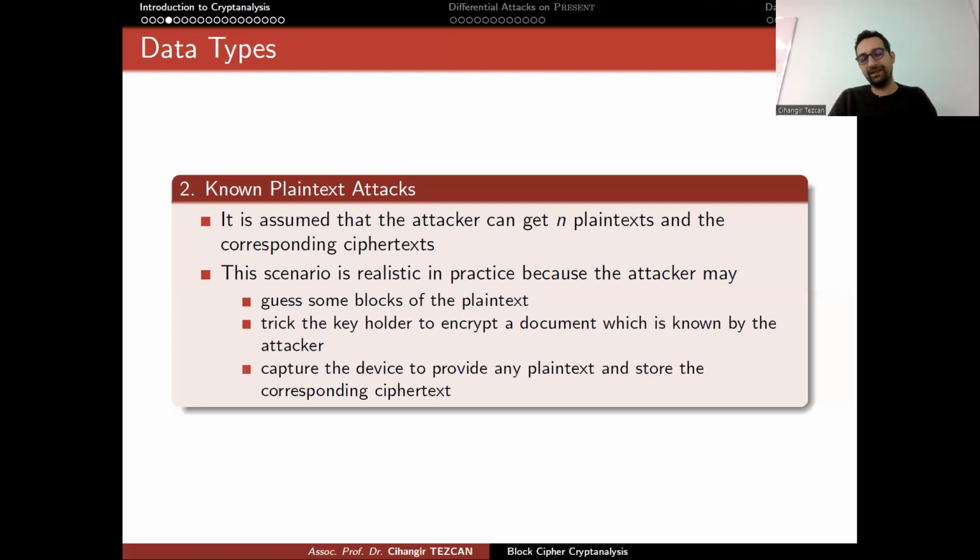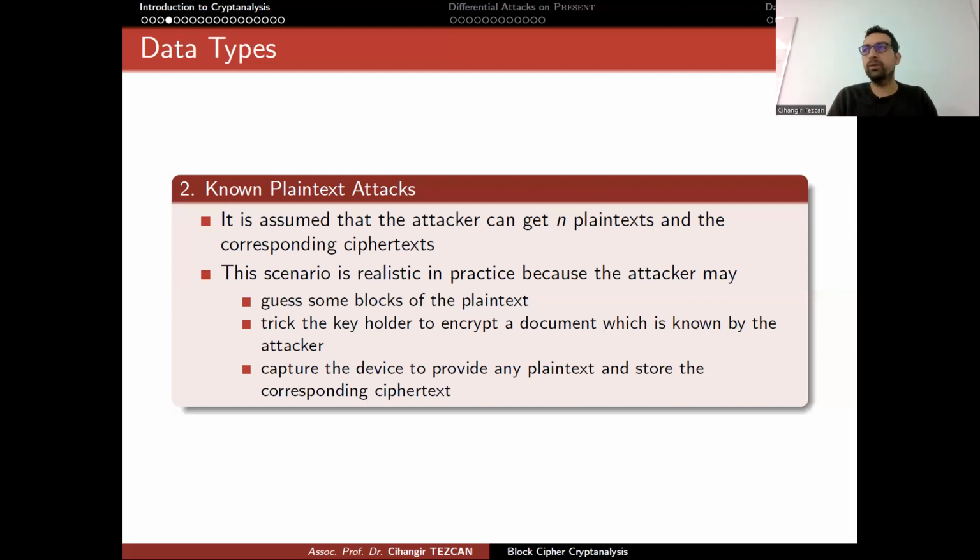But more importantly, again, the last one might sound somewhat unrealistic, but this is what happens in practice. And this actually will apply to all of the following attack types. So the attacker may capture the device to provide any plain text and store the corresponding ciphertext. So this actually happens. For instance,